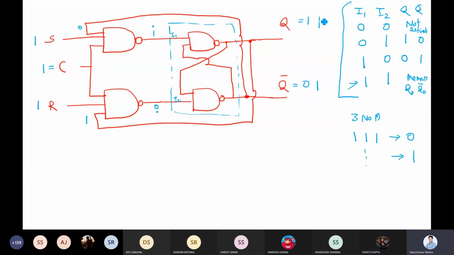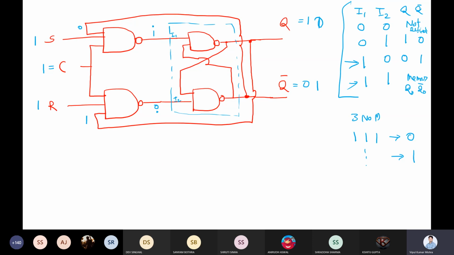What about this Q? Check out here, 1, 0 gives 0 and 1. So here we have input 1 and 0. Then what will be the value in this position? 1 and 0. So what will be the value? 0 and 1. Got it? So here it will become 0, it will become 1. Any doubt?